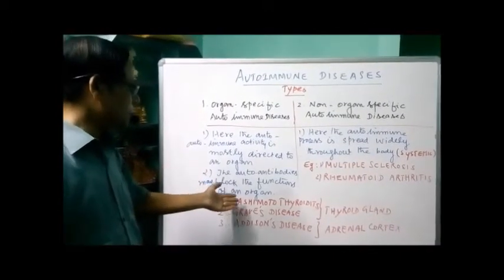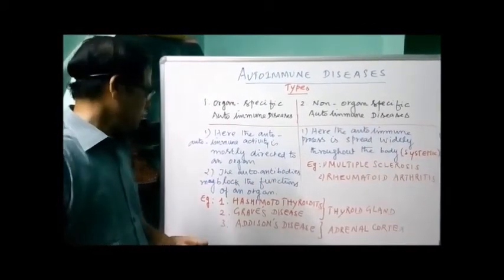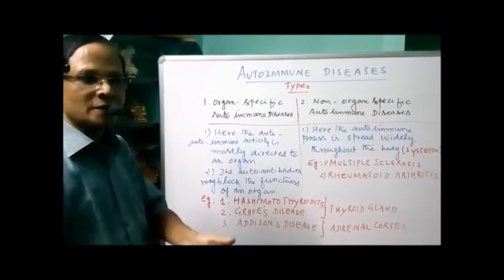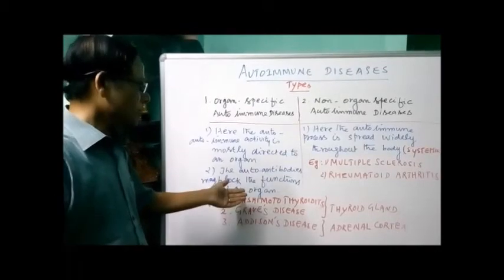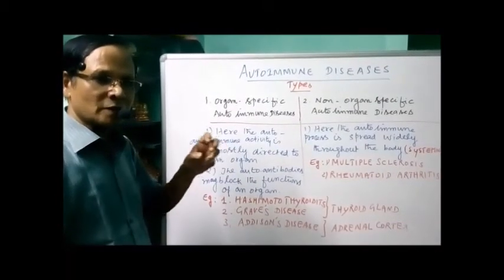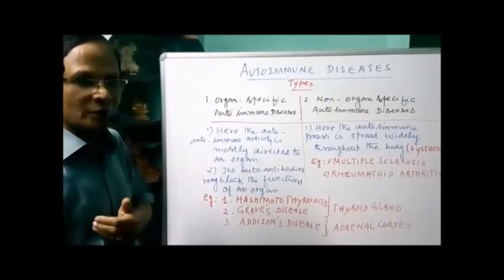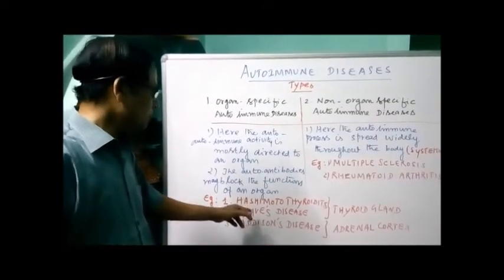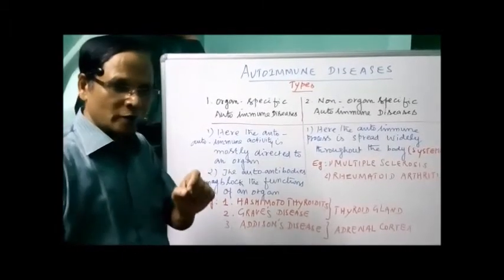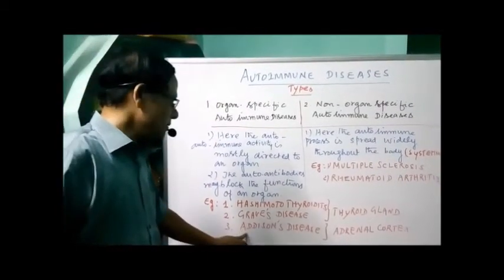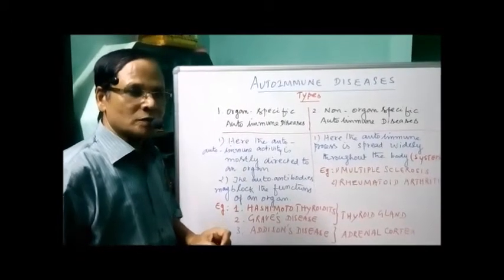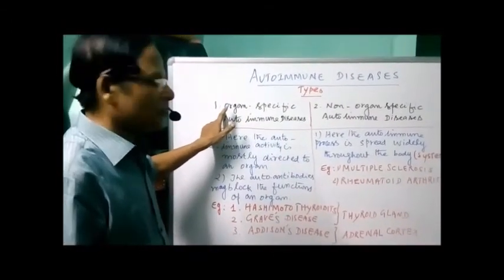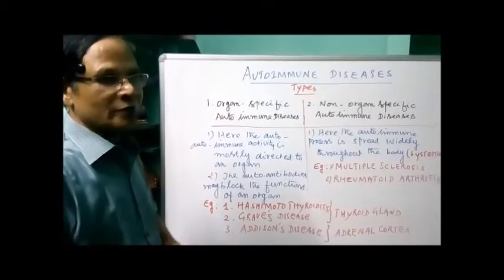Say, an example is Graves' disease. This is what is called hyperthyroidism, what is studied in 11th standard. It is actually because of the thyroid globulin. There we have the formation of antigen and antibodies resulting in a disease. So both are because of the thyroid gland, one organ affected. Now Addison's disease, it is because of the adrenal cortex being affected. So as a rule, only one organ is affected because of the autoimmune activity.